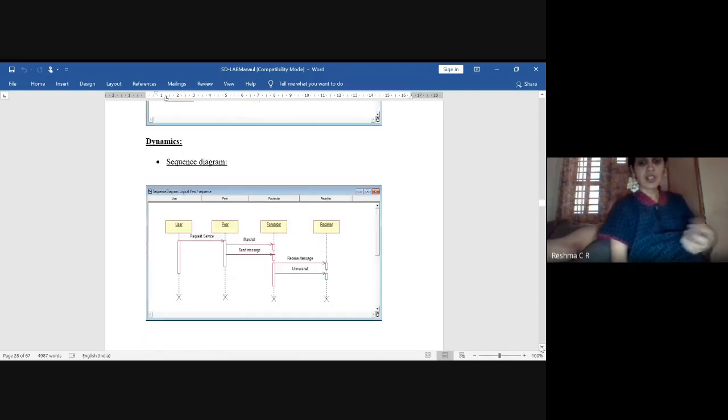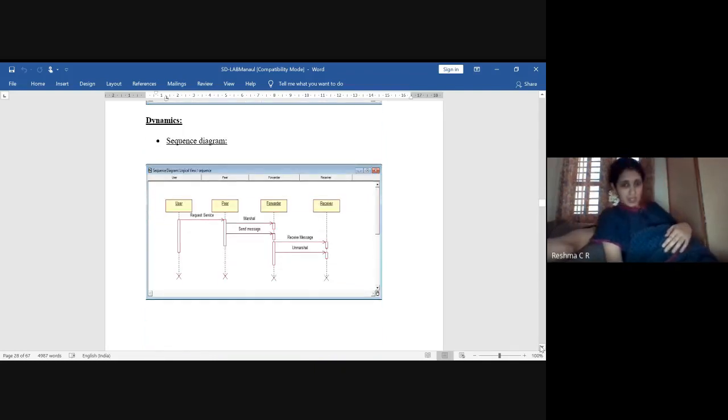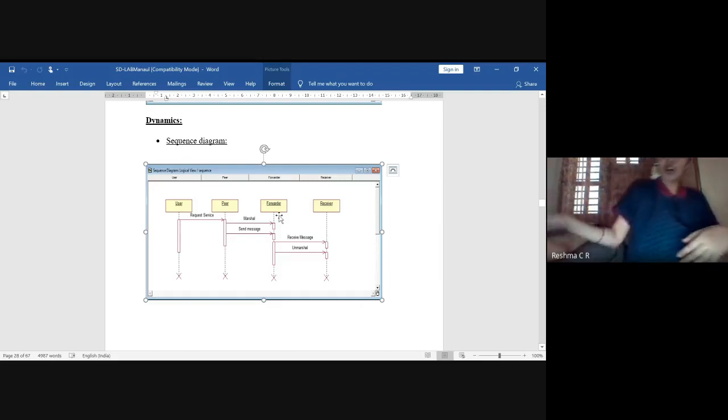So next is a sequence diagram. In the sequence diagram, we have a user, peer, forwarder, and a receiver. The user will request the service from the peer. The peer will forward the message to the forwarder.